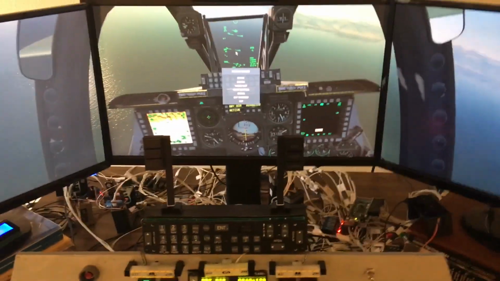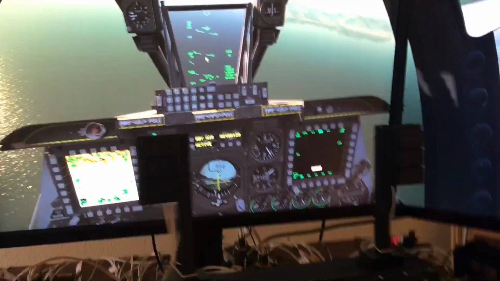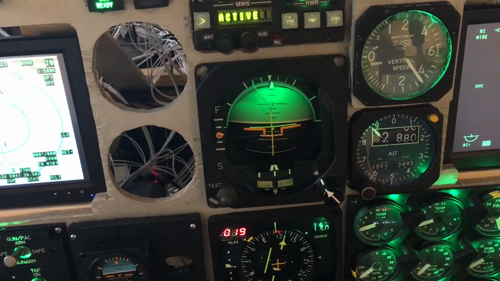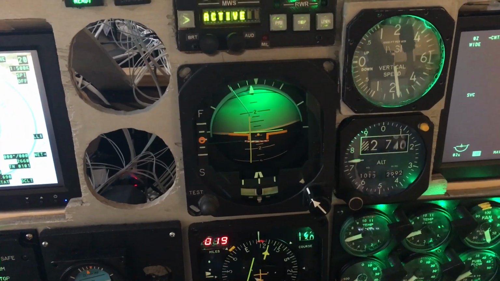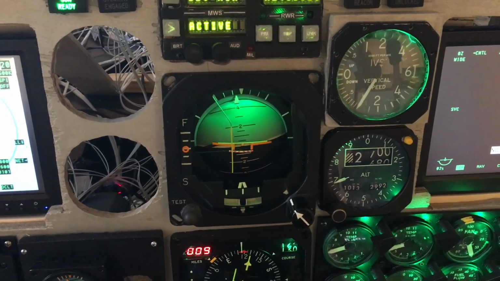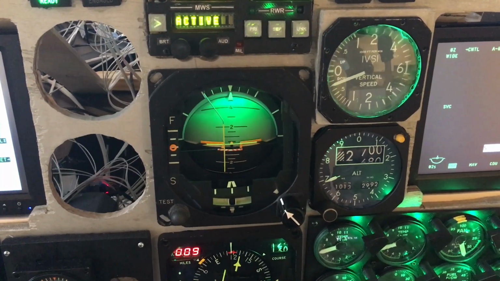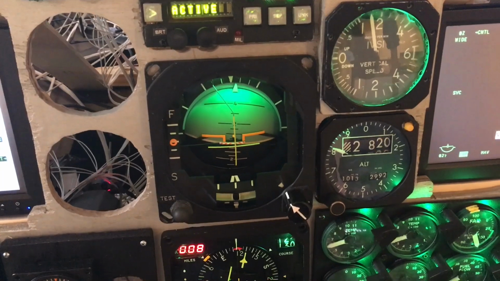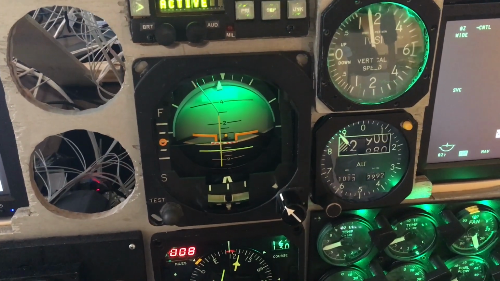And I guess before we do, we'll do a quick update about right where we left off last time. I have the simulation paused, so we'll go ahead and unpause it. And we were trying to line up on an approach to Batumi, and as you can see, you can try to steer and follow the command bars. Like right now we're a little bit above the glide slope, but if I nose down,